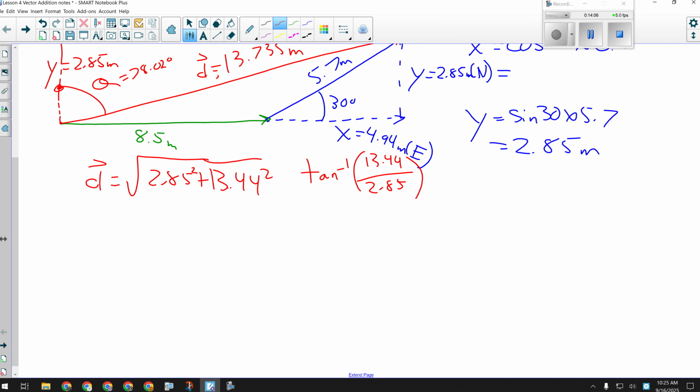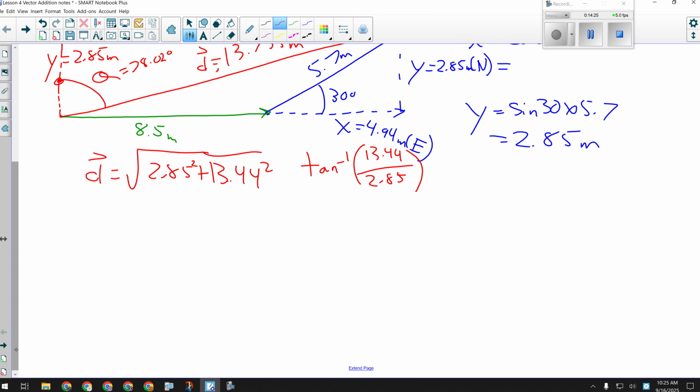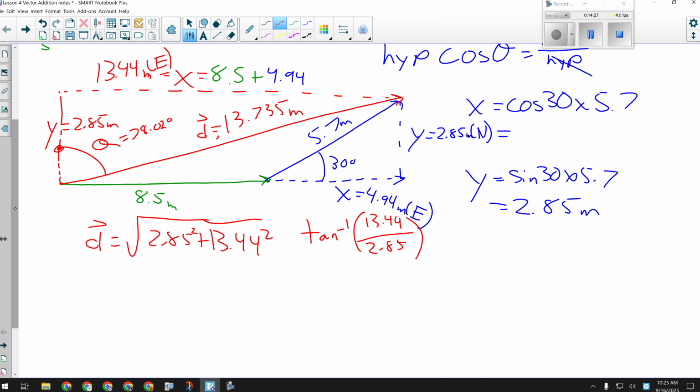Okay, so now, how many significant digits do I have in my answer? 2. Every number I was given had 2. 8.5 has 2. 5.7 has 2. 30 has 2. Okay, so I would have to round this to 14. So my final displacement will be 14 meters at 78